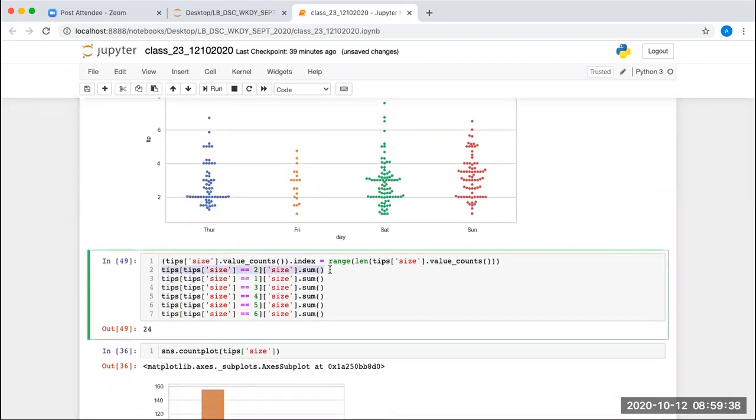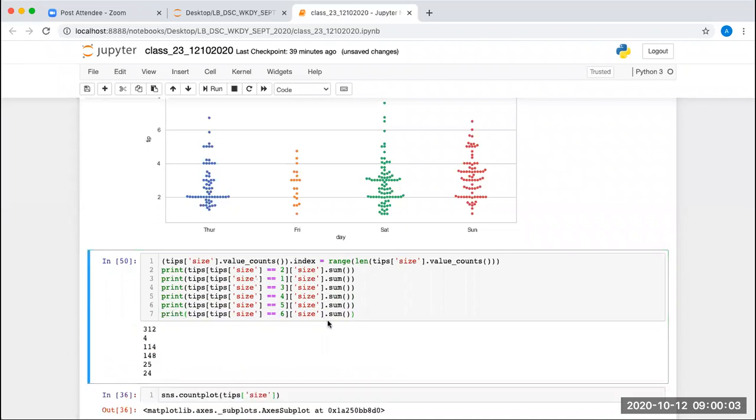So print, print, print. We're getting 312.